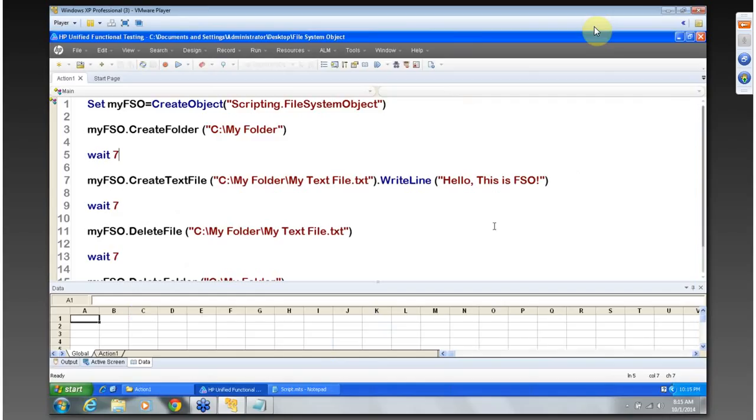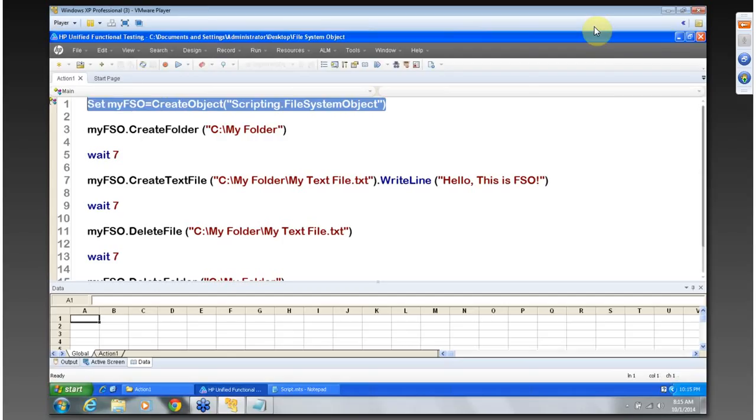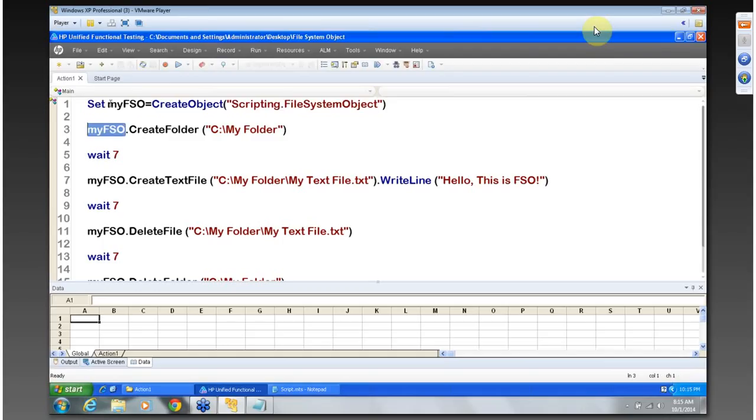Okay, guys? So what I have done: I created an object called myFSO. This is just a name, guys. Do not worry about that. You could name it anything. And then I created the object and told the object what to do. I told it to script file system object. Okay, so don't worry about this. Just memorize this line if you can. And then this should be very simple. And then I called my object with its name, whatever name, like wave edit, right? But this object is called myFSO. So I said